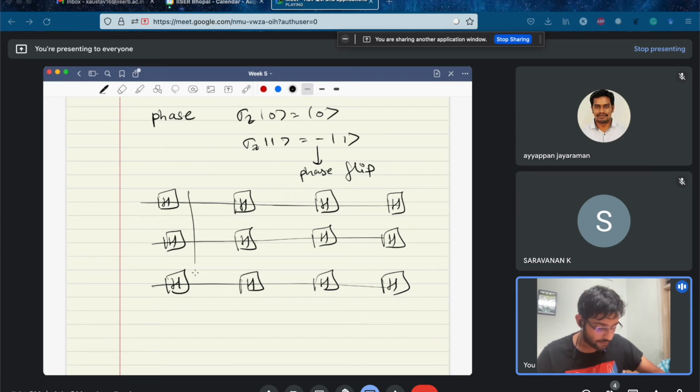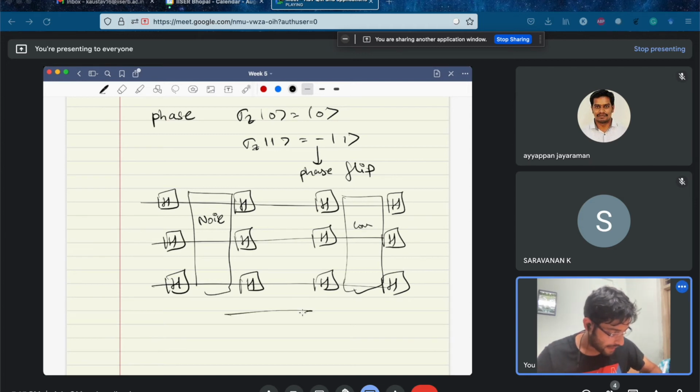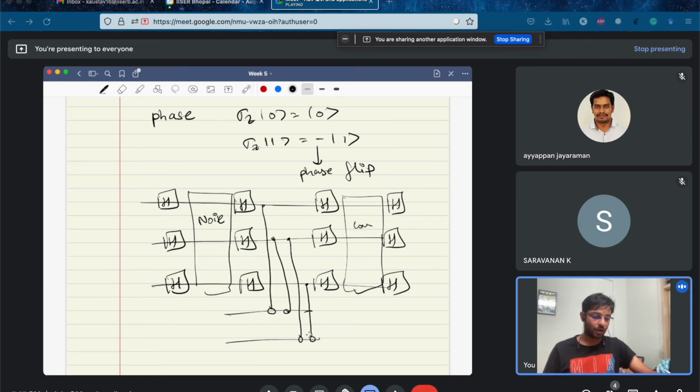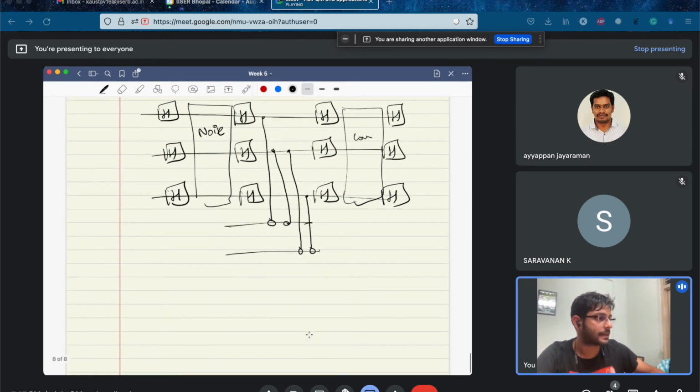And when you have the phase flips, so there is a noise, let's say here, you have to put the correction here, and you have the same ancillary qubits. So these are the quantum error correcting circuits. So in more mathematical terms, in order to understand this, let's say